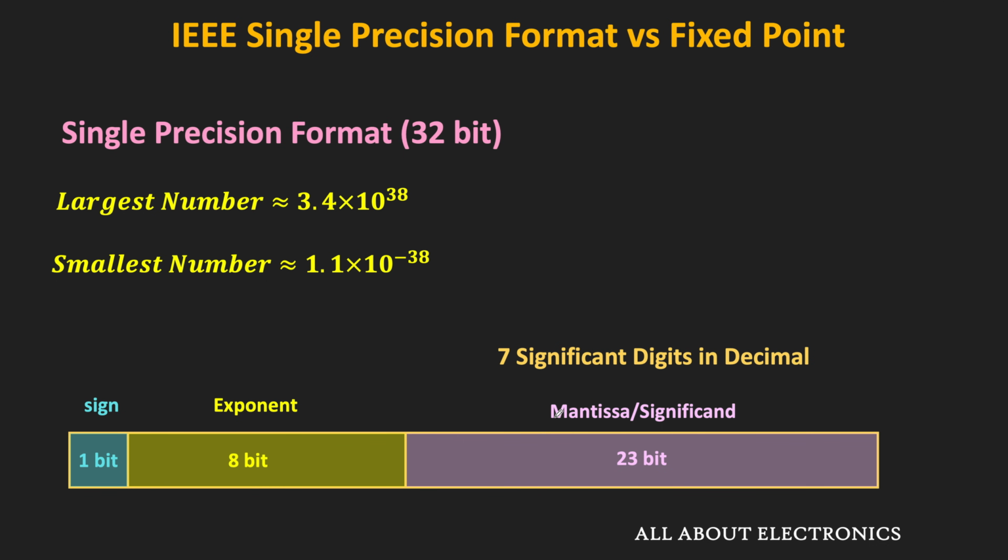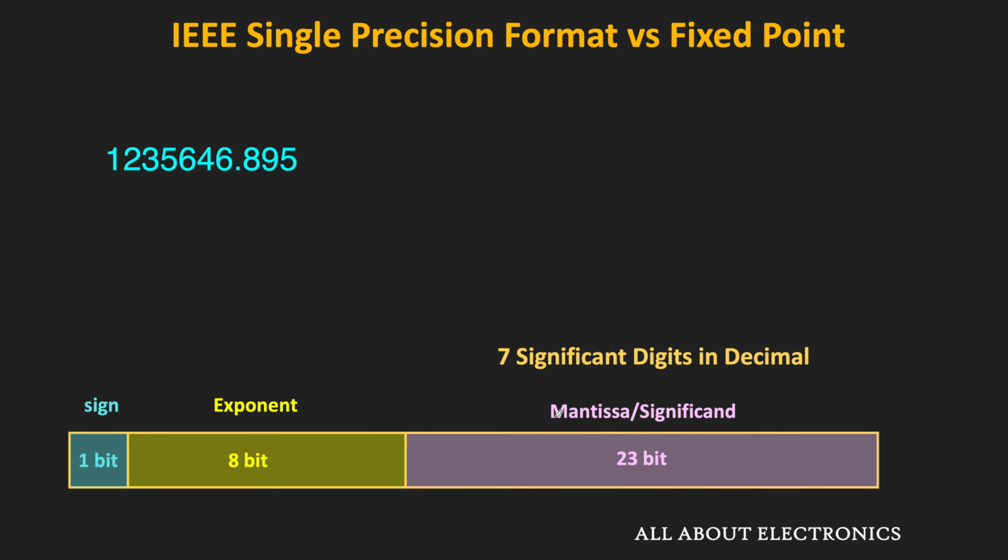For example, if you want to represent this number, then in 32-bit, it cannot be represented accurately. Because if you normalize this number, then it will be in this form. That means here, after the decimal point, we will have 9 significant digits. But like I said, in this 32-bit floating point format, we can only represent up to 7 significant digits. So here, the last 2 digits will get rounded to the nearby decimal number and then it will be stored in the 32-bit format. That means in floating point numbers, we are achieving the greater range but at the